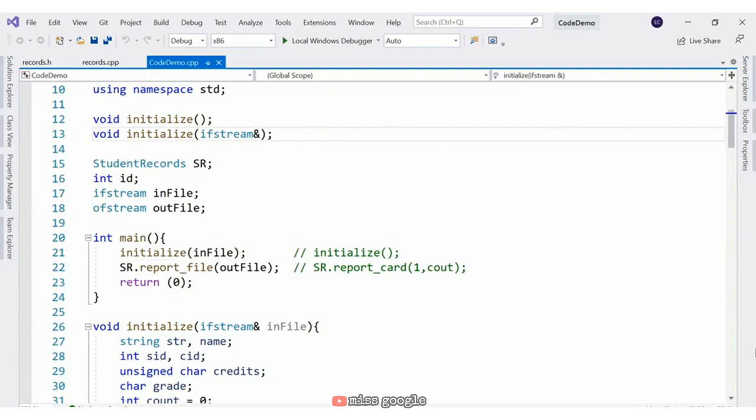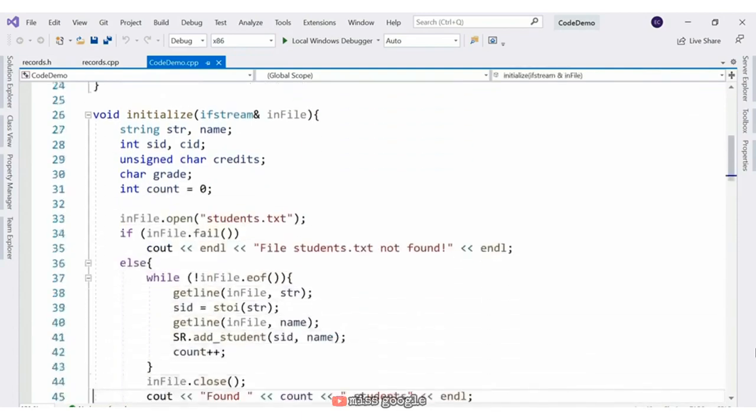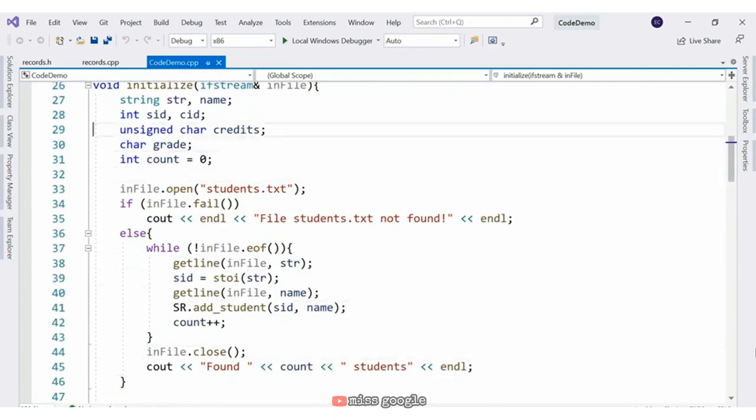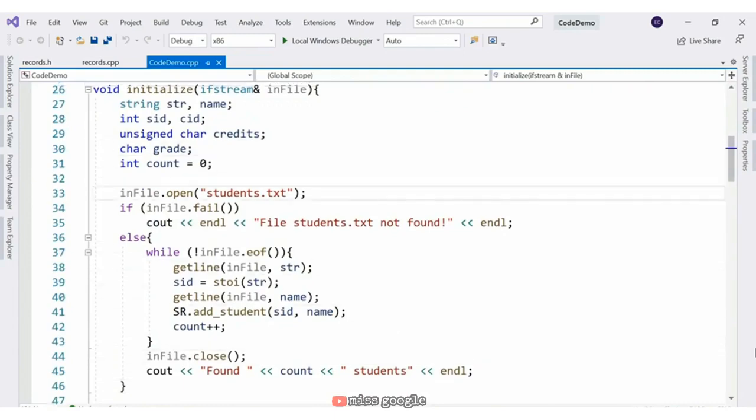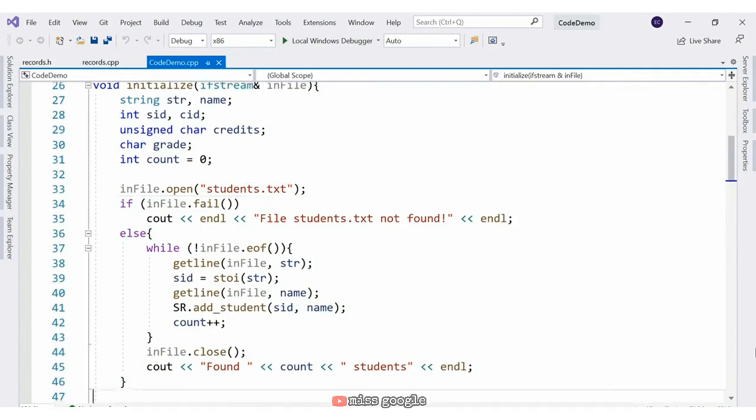You can see the prototype for the initialize function in line 13. Notice that it's an overload that receives an input file stream reference. I left the original function defined anyway, so let's scroll down to look at the initialize function implementation. At this point, I think you'll be able to tell how I copied and pasted the file reading example 3 times here and adapted that code to read the student's file first, starting at line 33,